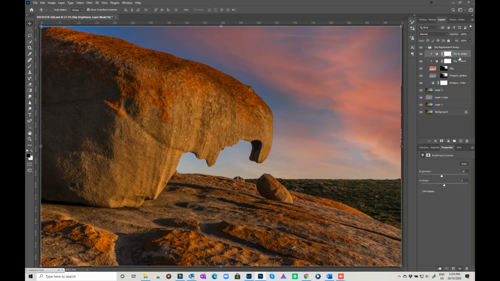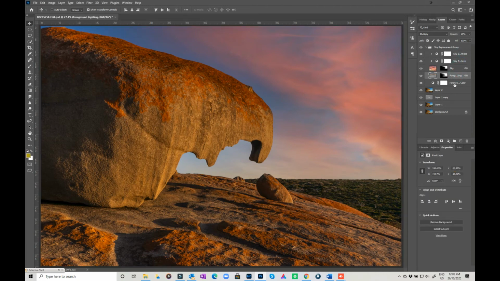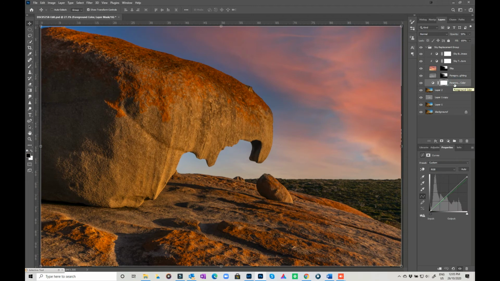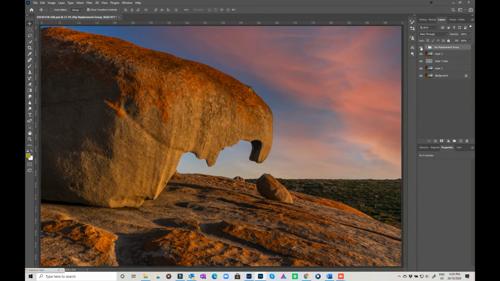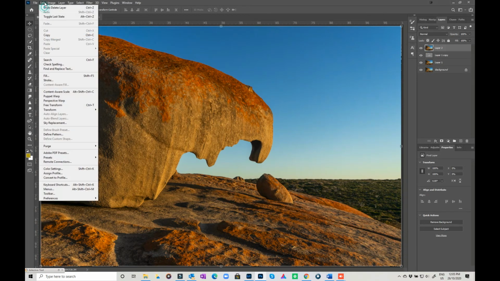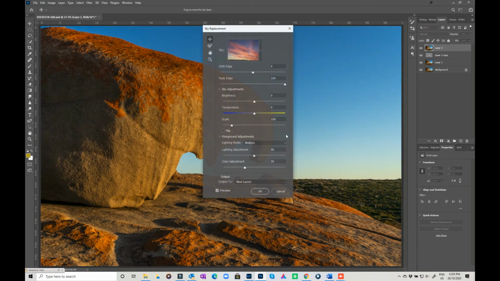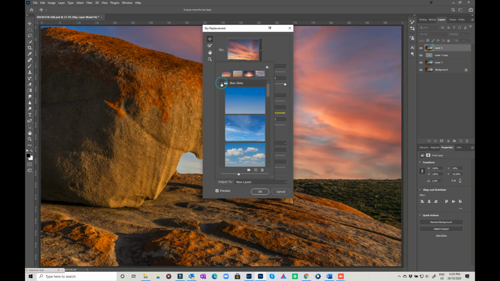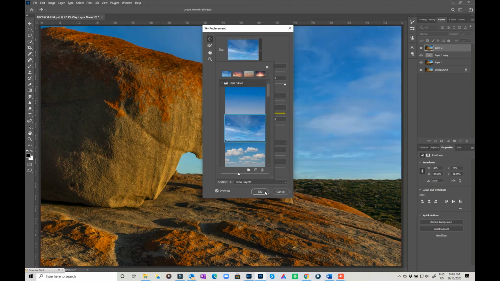And it has got all the different layers: the sky brightness, texture, the actual sky, the foreground color, etc. So it puts it all in a group. So if I turn that off, I can turn that back on again. Now if you decide you don't like that, you wanted to have more of a blue sky, you could just go back in. You could have made that a smart object, or I can just come back in and I can pick a different sky to put in there. And again, you can go along and do all of the same